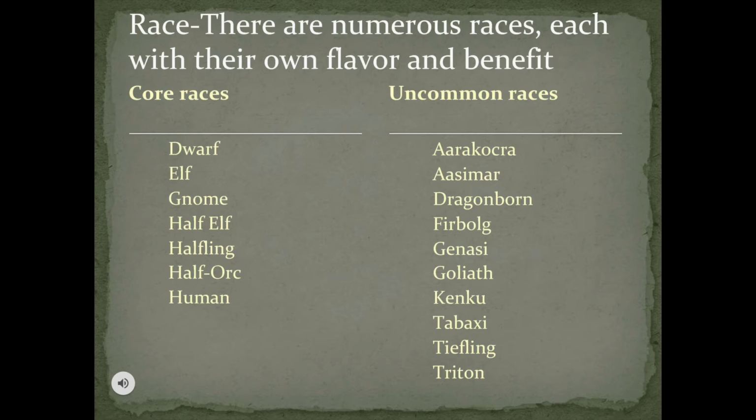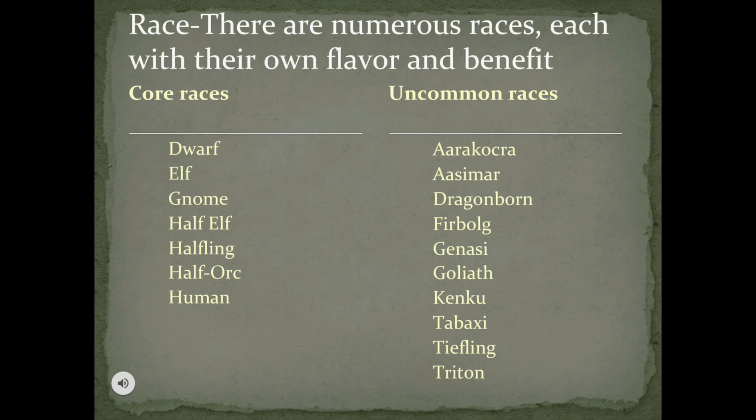Then, we have the uncommon races. These are the ones that you need to find enclaves of. They're much less common across the world, but they're still open to players if you want to deal with their complexities. You've got the Aarakocra, which are bird-like humanoids. They come from the elemental plane of air, and they are very strange to the prime material or earth.